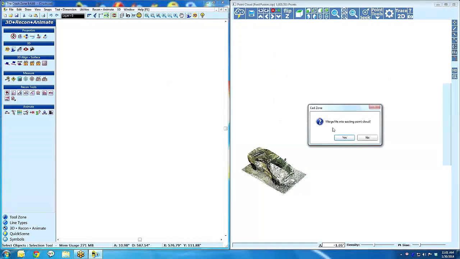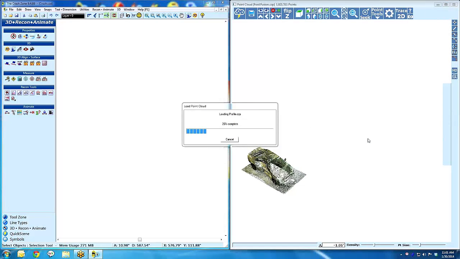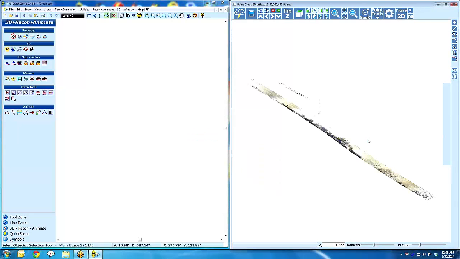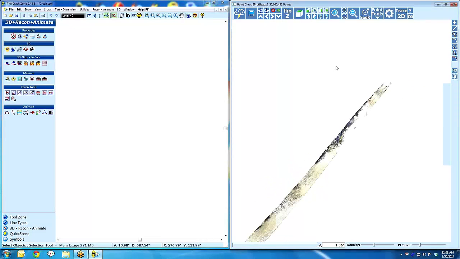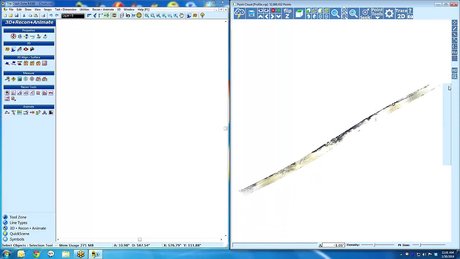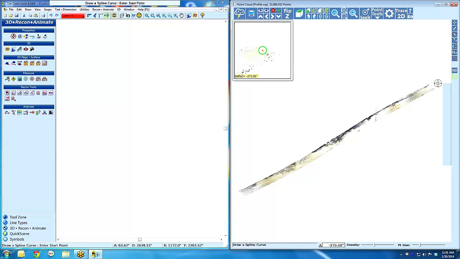Like profile of a road. So I'll show you how quick and easy this is. I'm loading up, I'm hoping this is what I'm thinking it is. It's a nice, oh yes. So we have this nice big long section of scanned road here. You can see there's even a vehicle on it. So instead of making it hard on ourselves, I'll just zoom out here, turn on the mag window, go back and set my red line here, start a curve, and I'll just go, and if you look in the mag window, I can actually even see the yellow line,